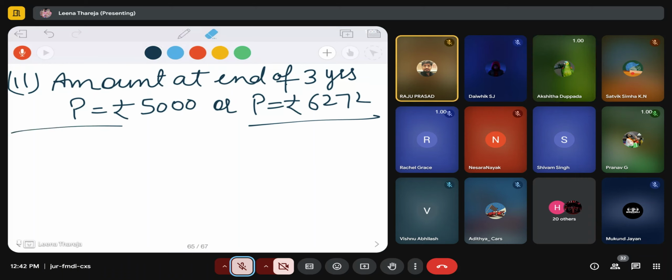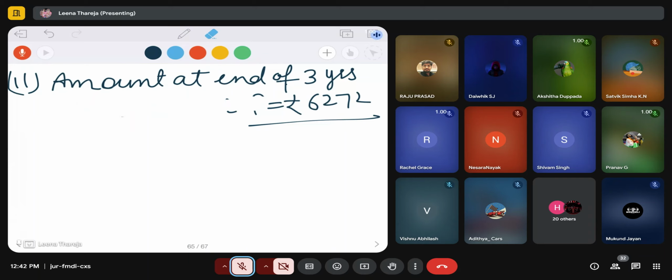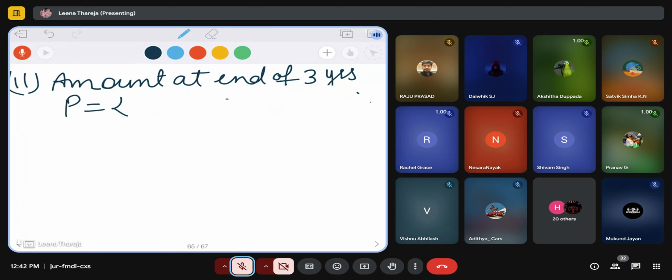Second one. Okay. At the end of 3 years, that means the amount which I have got for the second year will be the principal for the third year. n will be 1, and R, we have just calculated,